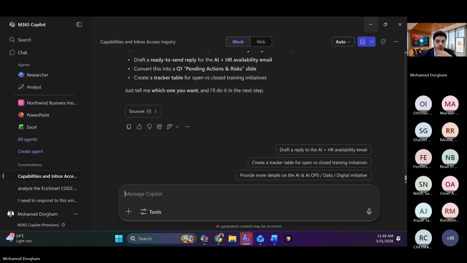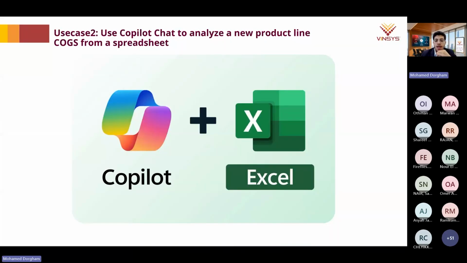Now let's say that I got a totally new database, or a totally new spreadsheet, and I want to explore the data itself, try to understand the data, how it works. So here I have two options.